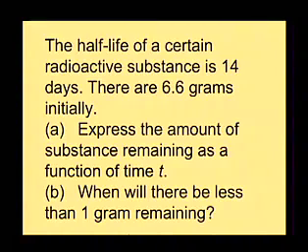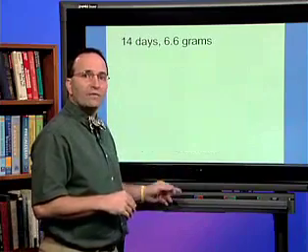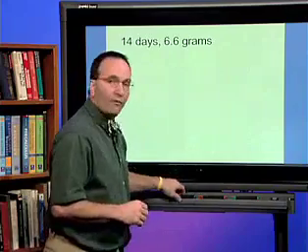The half-life of a certain radioactive substance is 14 days. There are 6 6/10 grams initially. Express the amount of the substance remaining as a function of time t, and answer the question, when will there be less than 1 gram remaining? So what we'll do first is we will write out what the formula is based on the information that we were given. So our formula,